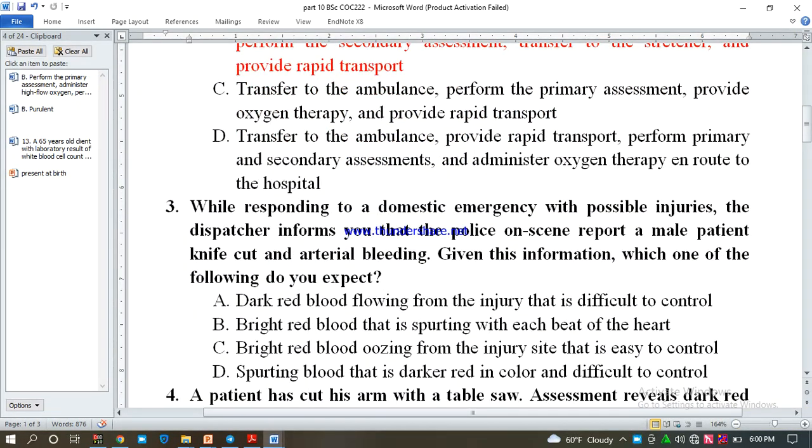ሌላው ሶስተኛው ላይ: while responding to domestic emergency with possible injury, the dispatcher informed the police on the scene report male patient knife cut and arterial bleeding አለ ነው። ለዚህ give this information given